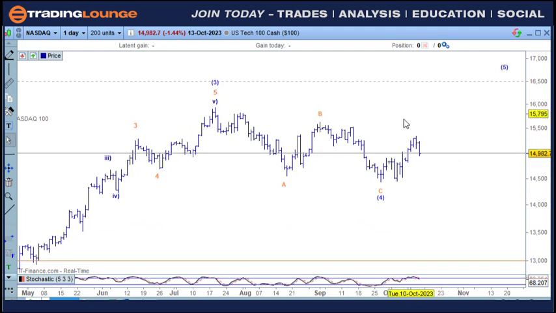One of the things with the NASDAQ is we don't have a nice clean 5-wave structure to the upside here. So we would need to count this as 1 and 2 and 1 and 2 here. So we'll give it a little bit of time here. So let's just go into the